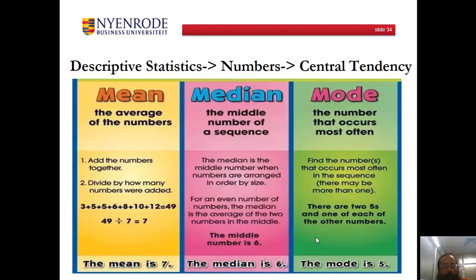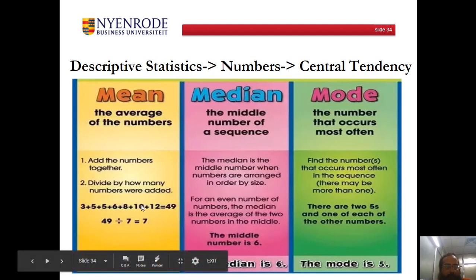These are the most popular measures in descriptive statistics, which tell about the central tendency of data. I just mentioned central tendency is the tendency of the data to converge at one point or an area. Mean is just the sum of the numbers divided by the number of data points. In the given example, you can see the mean is 7. Median,